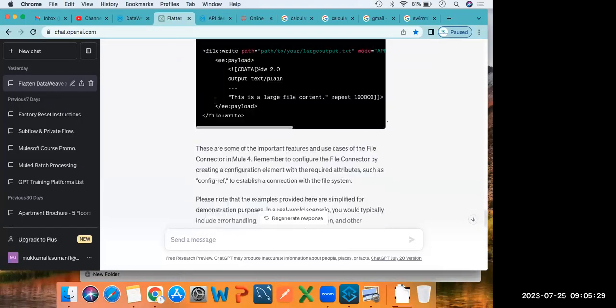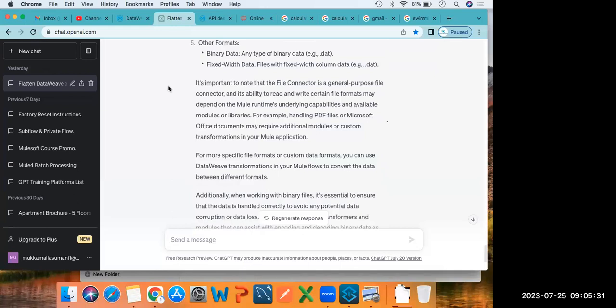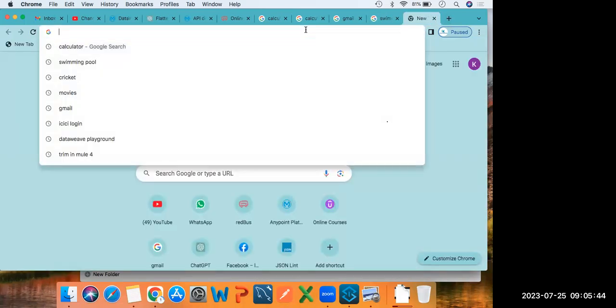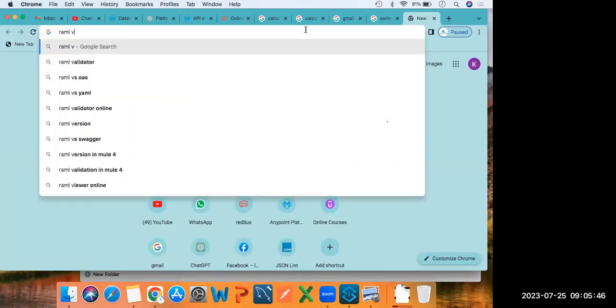Anyone having any idea about this ChatGPT? Yes, I have. Okay, great. If you don't have any idea, at least from today onwards, try to use this ChatGPT. Why? Because let's say, if I write RAML version